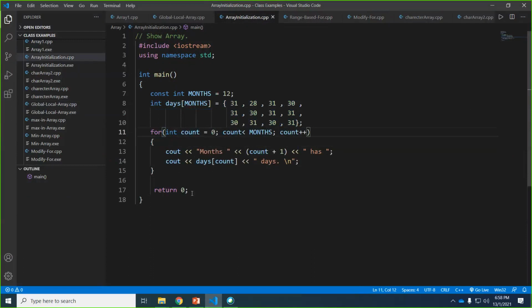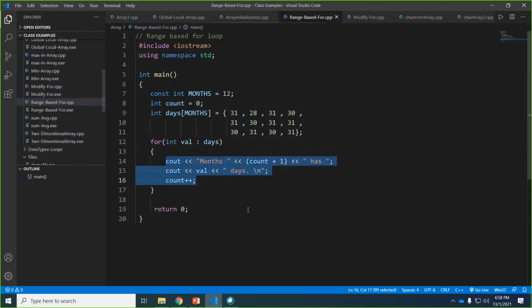Actually, C++ provides a very easy way of accessing the values of an array, which is called a range-based for loop. For the same array, a range-based for loop works like this. You see, we are not using int count equal to 0, count less than this, count plus plus. No, int